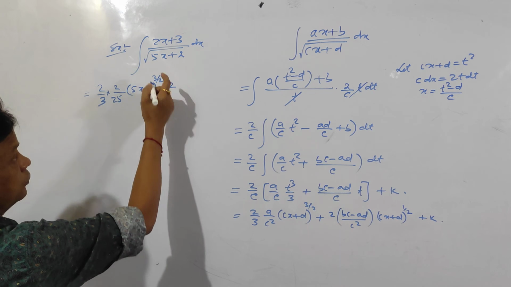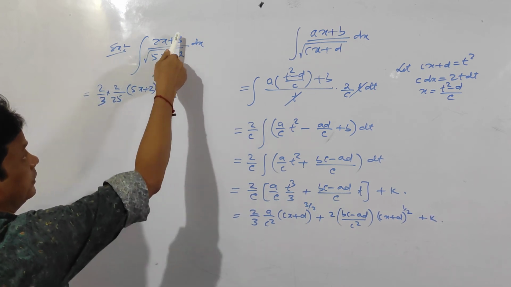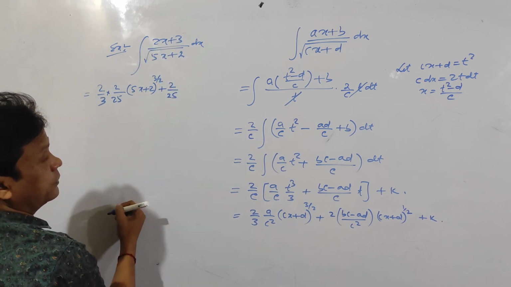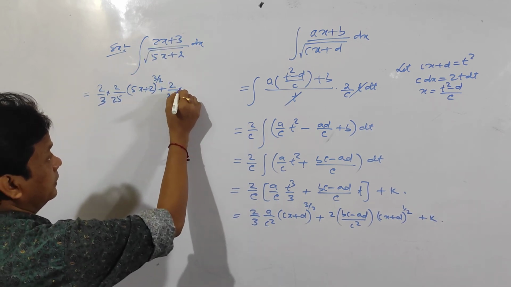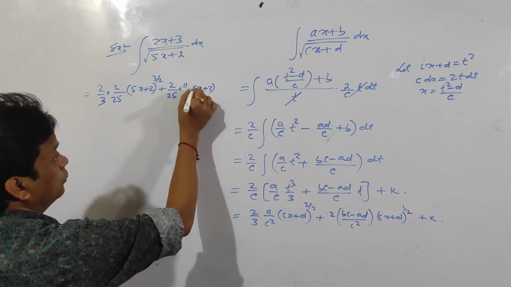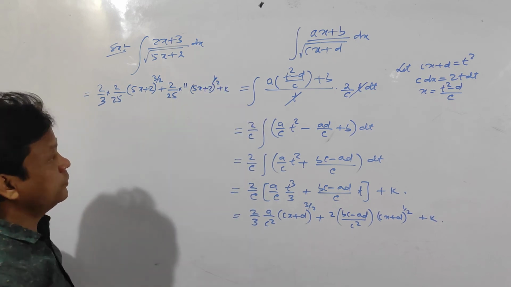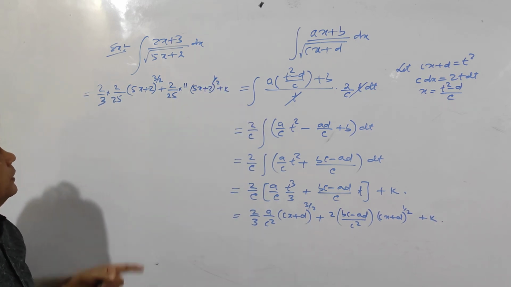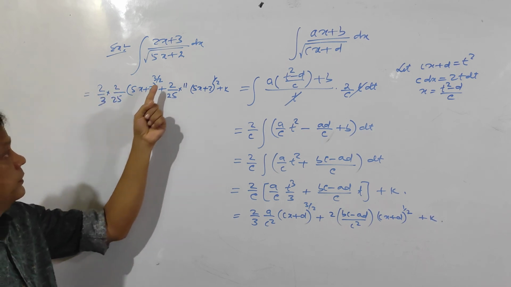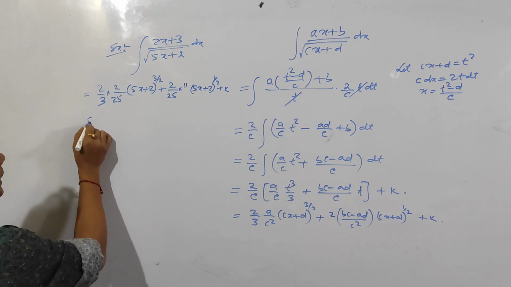C square is 25, and BC minus AD, 15 minus 4, 3 5s are 15 minus 4, it is 11, into 11, then 5x plus 2 to the power 1 by 2 plus constant k. This is your answer. Then write 2 into 2 is 4, 25 3s is 75, and 22 by 25 into this one. If the question will be like this: